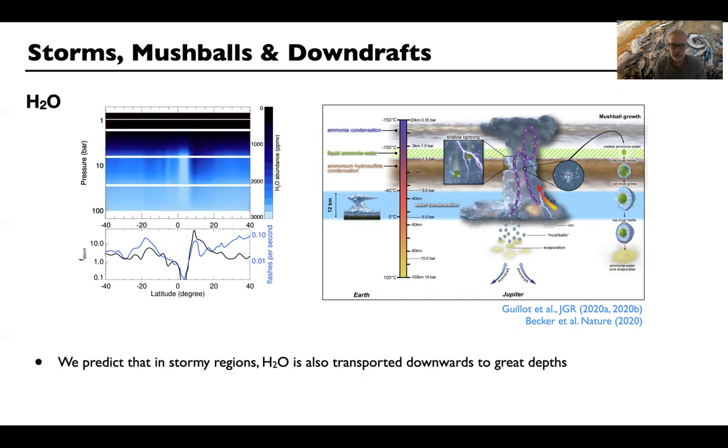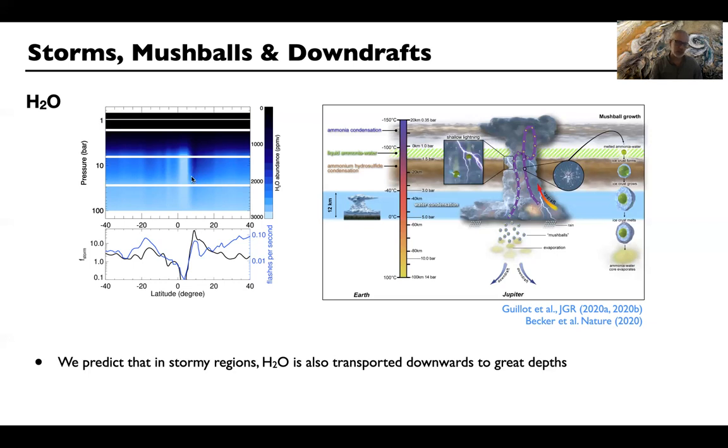So it has consequences not only for ammonia, but also for water, because water is, of course, part of this mechanism. So we are predicting that water should be transported downwards to great depth. We can't predict the abundance because this depends on the efficiency of this mechanism and it's not known. But it really relates to the Galileo probe measurements. I was telling you earlier that the Galileo probe measured a very low abundance of water in this region, and this is exactly where we're finding